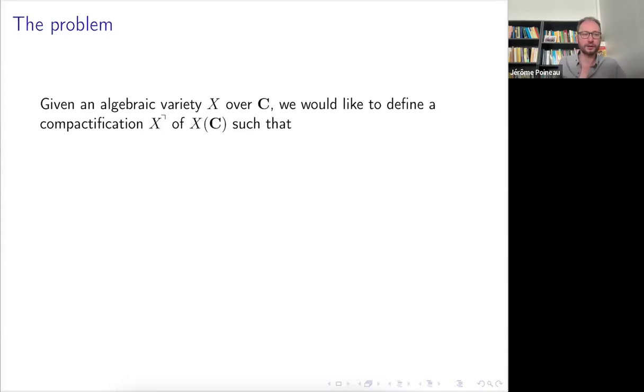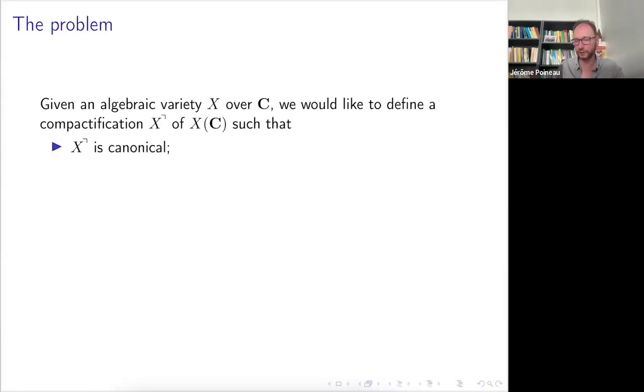Okay, so start again. Given an algebraic variety X over C, we would like to define some compactification of X(C). When I say X(C), this is really the complex analytification of X, with the transcendental topology and the analytic functions in the structure sheaf. So I would like to define a compactification, which I denote with X with a bar, such that we have some nice properties.